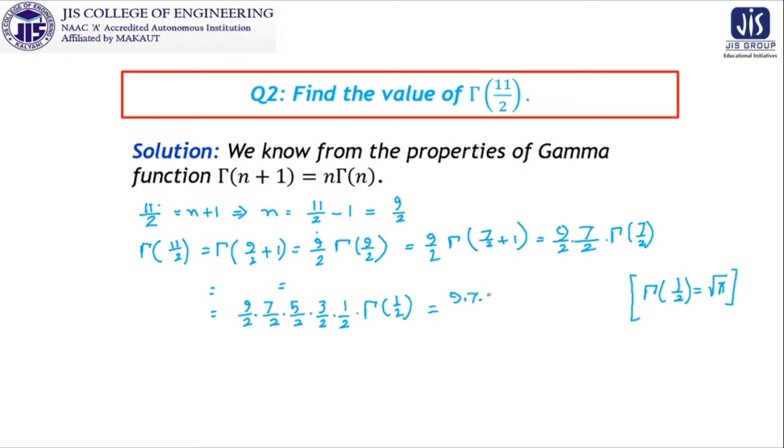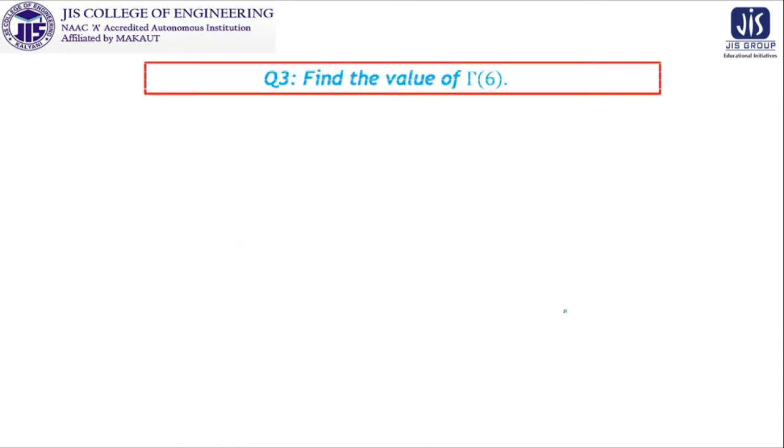So as we have gamma half is equal to root over pi, we can write the total structure as 9 into 7 into 5 into 3 into 1 into root over pi by 2 to the power 5, that is 32. So this is our value of gamma 11 by 2. Okay. Now proceeding further for the next problem, our job is to find out the value of